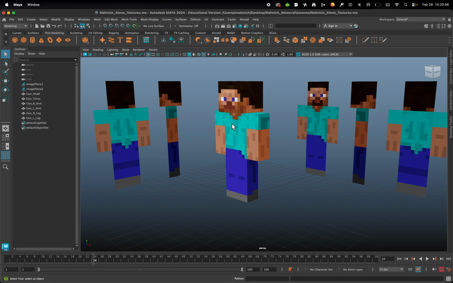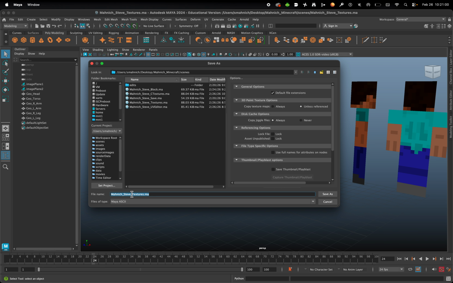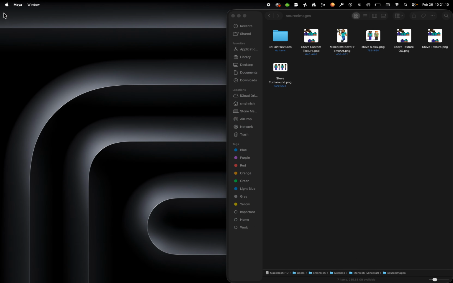So let's go ahead and resave it. File, Save Scene. We're going to rename this with a capital C, Textures. Resave. Great. Now we're going to close Maya. That might come as a surprise, but Maya needs to reload in the texture after we edit our texture. Next up, after this is done loading,